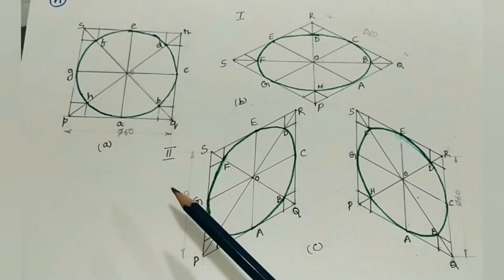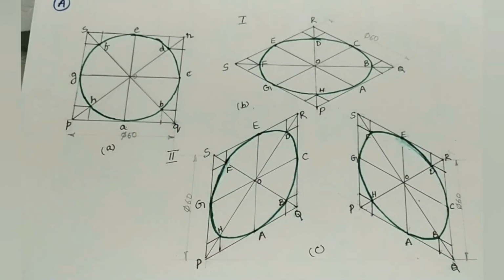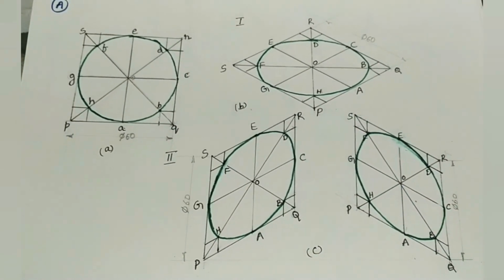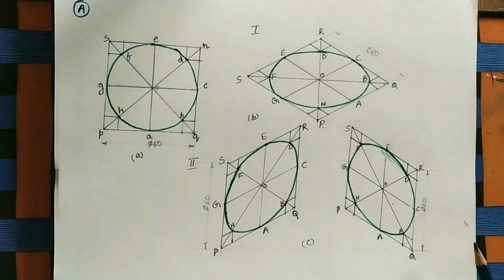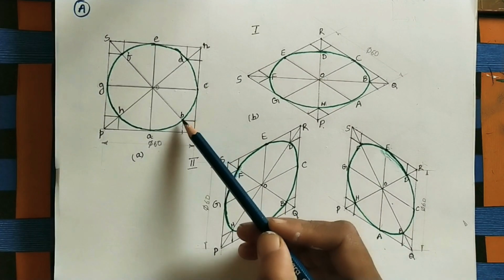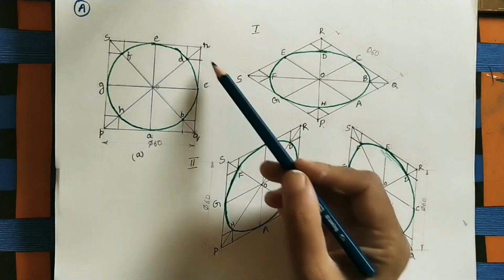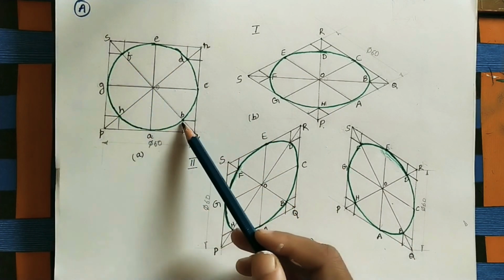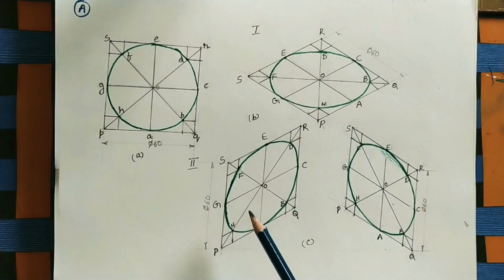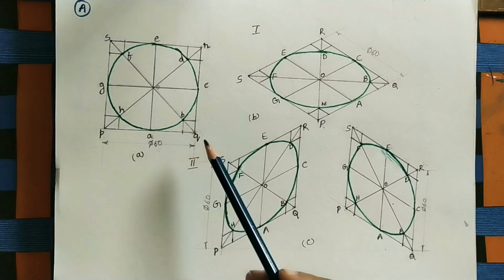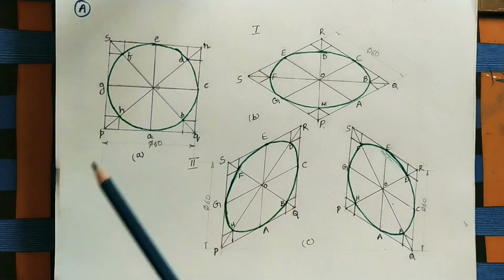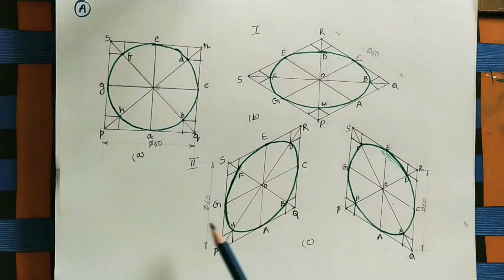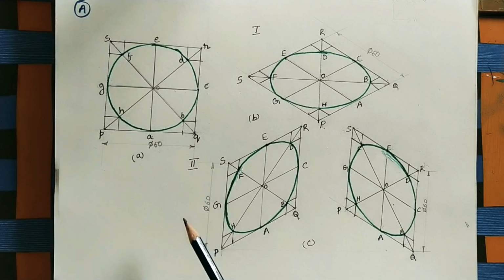Here, just for getting a clear view in the camera, I am using different colors for both dark as well as light color. But in the sheet, you always use pencil for both dark color as well as light color. So here we are calling this method the coordinate method. Why? Because we are creating these points on the circle. We are marking all these coordinates in these rhombus corners, that is the x value and y value. It is called coordinate. This square is looking like a rhombus at all four corners. This bigger square is also looking like a rhombus. So this method is called the coordinate method.